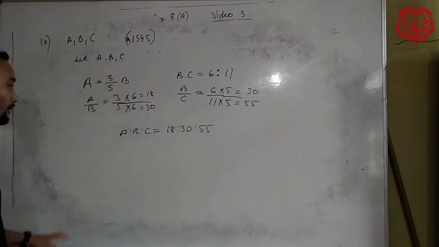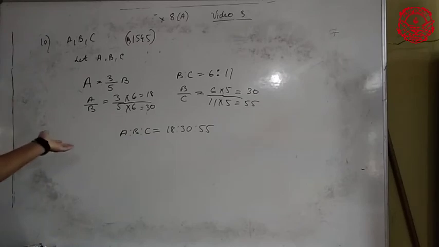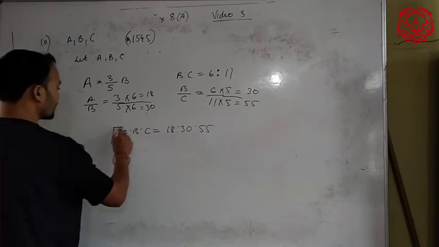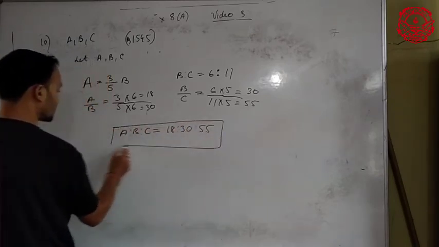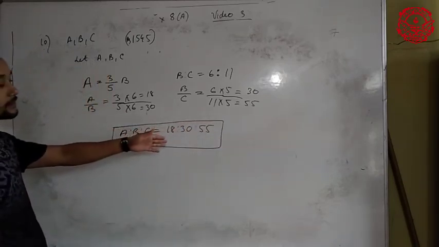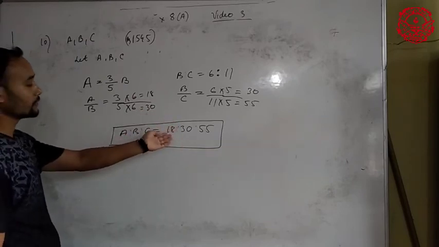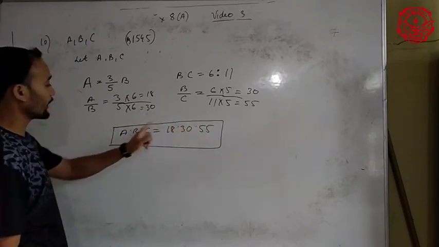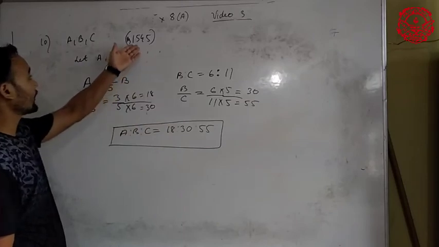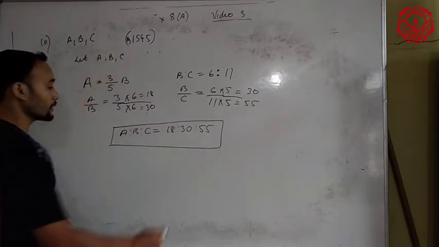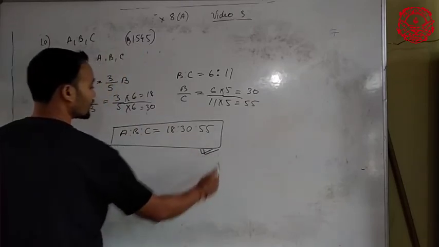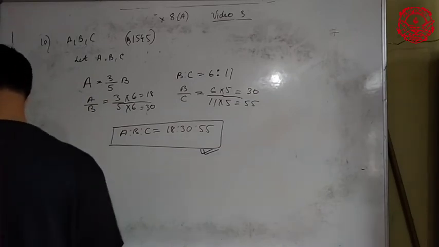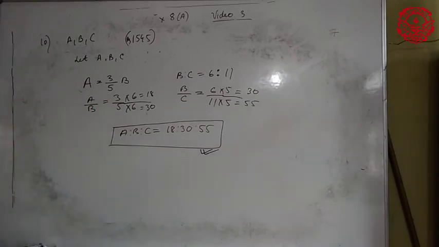In this manner you have to do this sum. The best part you do. I have shown how to do such type of questions in two ways. You can take the X method or you can take the total part. That is, we add the total part. A will be 18 of the total part of 5, 15, 45. In this manner you can do. You complete this by yourself. I'll move on to the next question.